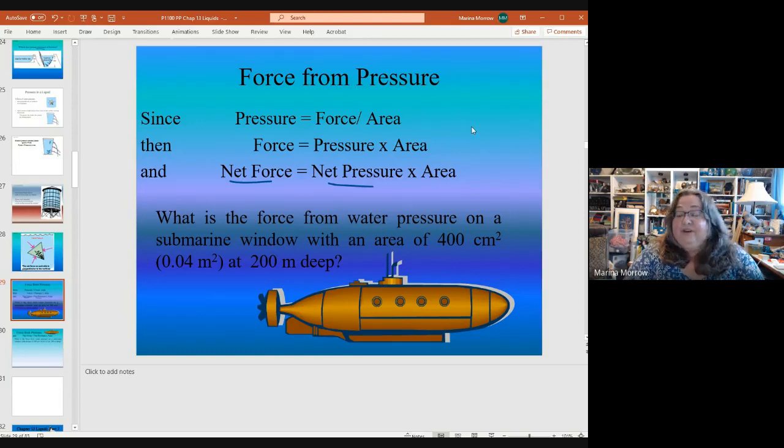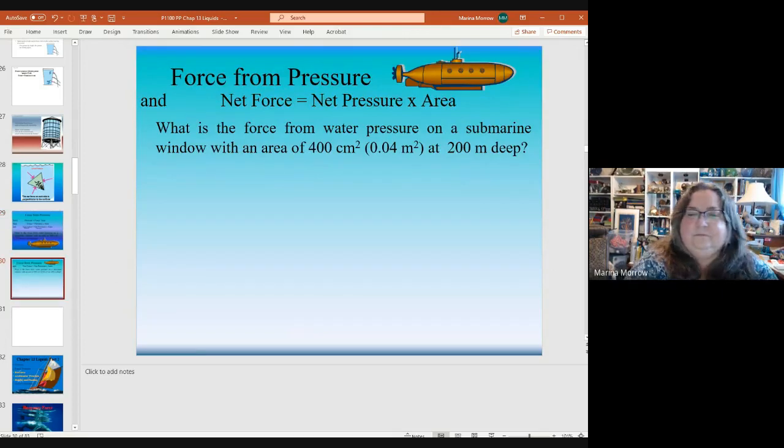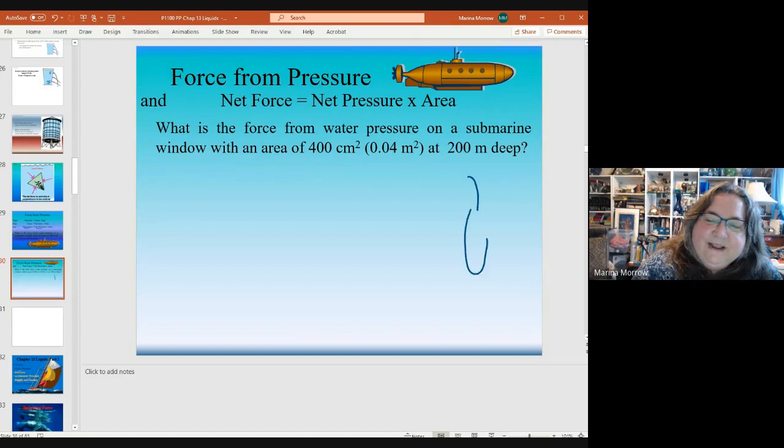Now, usually you don't have windows in submarines. And the reason is that the submarine is so deep that the water pressure is enough to break a window. So when you think about a submarine, let's look at a window here. Let's pretend that there's a window in this submarine. Inside the submarine, there's usually some pressure maintained, but let's say they just have that equal to regular air pressure,